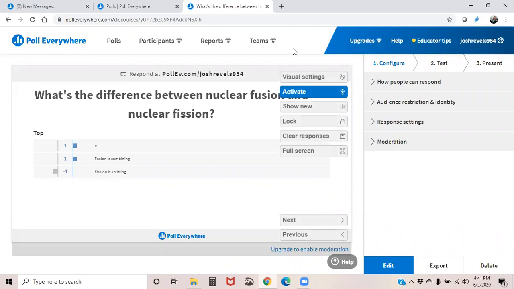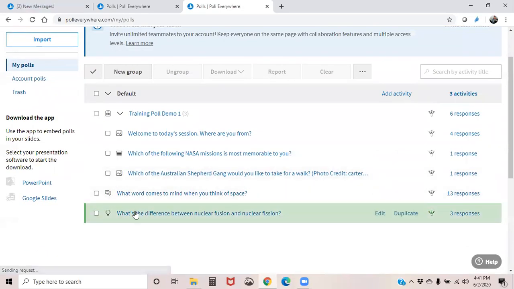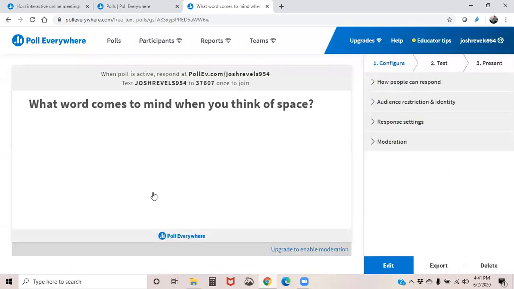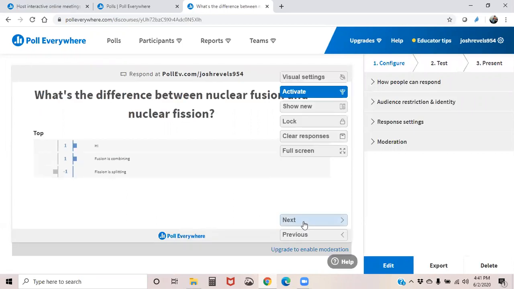Let's go back and look at some more question types. Maybe I want to group this with another thing. So I can click here and I can group them together. But before I do that, let me show you what I mean by the difference between grouping and ungrouping. So notice here, when I click next to go to the next question,